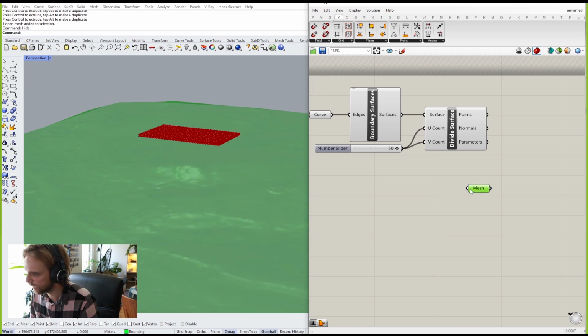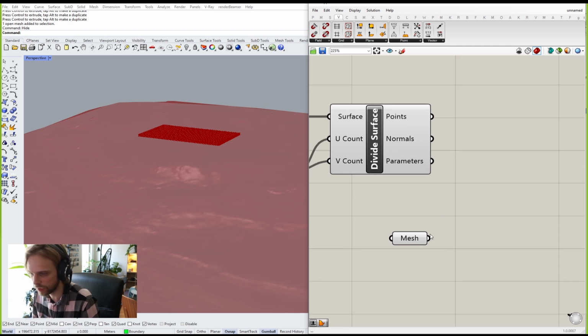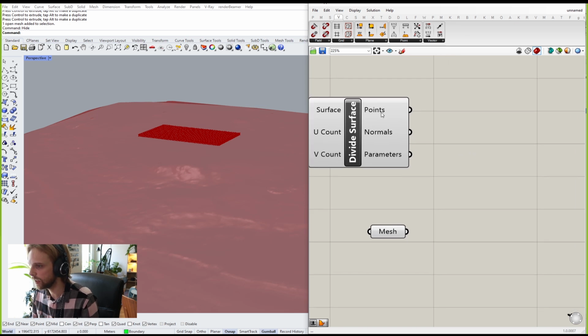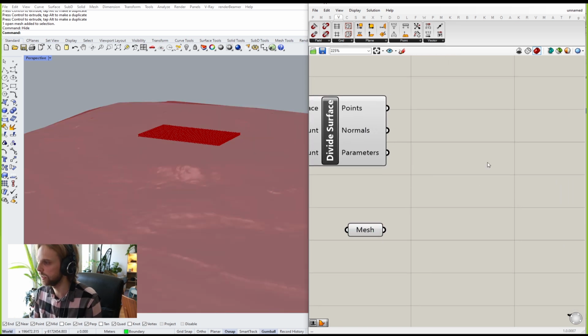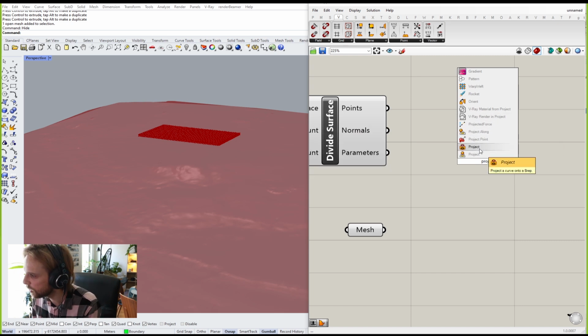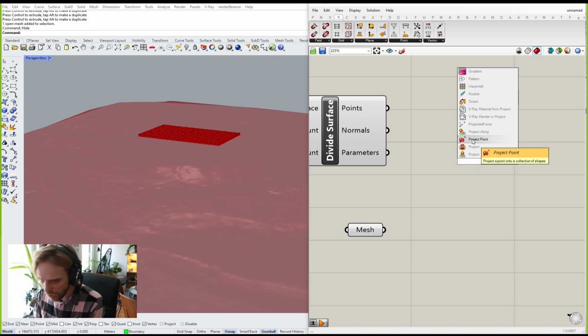So I'll drag my landscape mesh closer to divide surface, because this is a moment where we will start using it. So now my mesh component is right here, and I want to push these points onto the mesh, right? A tool that does that is called project. Once you write project, there's a bunch of options for different variations of that tool. Just a regular project, project a curve onto a B-rep. B-rep is basically a polysurface. Project a point,